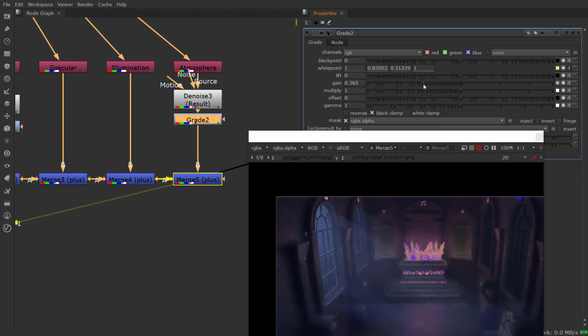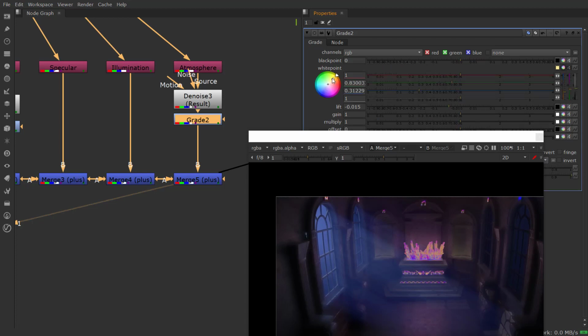Although you can drop the gain, or you can lift up their darks like this. What this left one does is that it chokes your blacks. If you decrease this, the darker parts of your image, and then you can drop it like this,